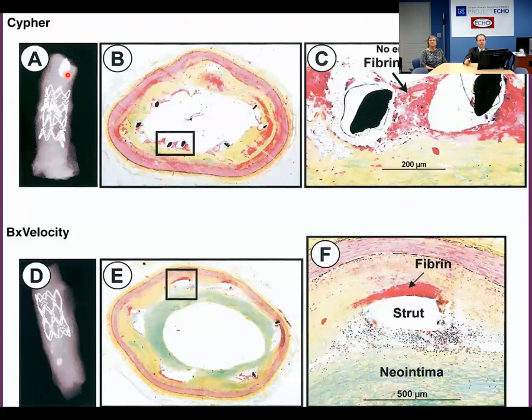Some more pathological slides of stent struts. There's a variety of mechanisms why stents fail. Sometimes they don't oppose, but in about a year, the coronary tree becomes less inflamed and the endothelium has grown around the stent. So what you want is a nice layer of endothelialization around the stent struts, like that. And that happens at about one year.